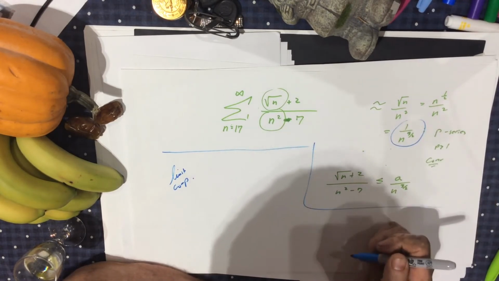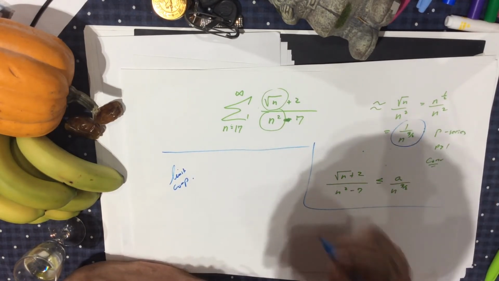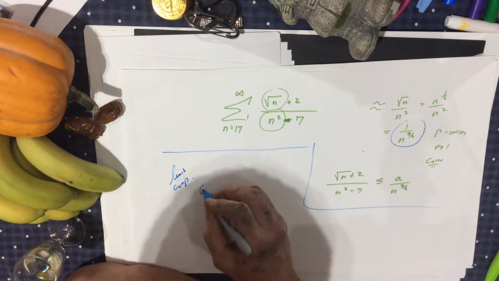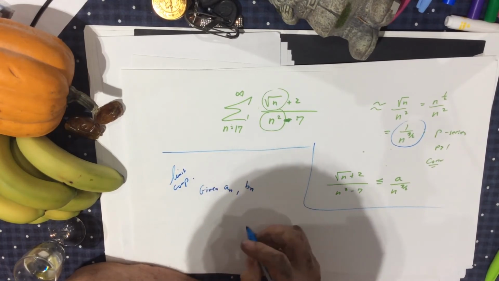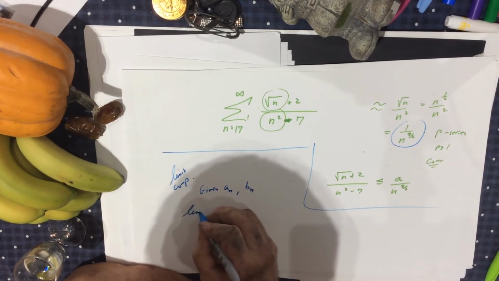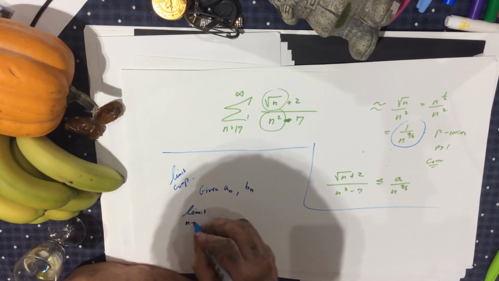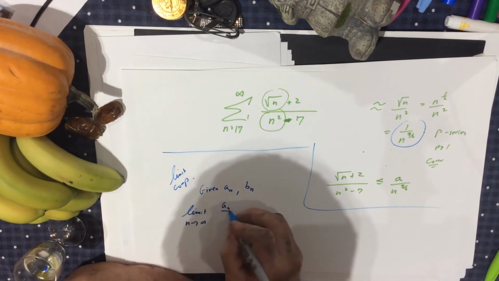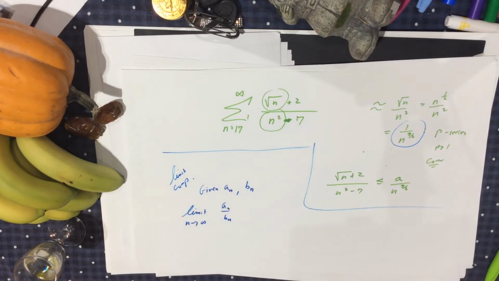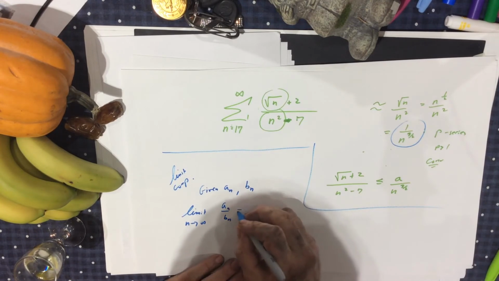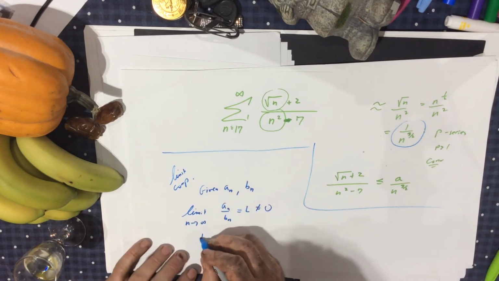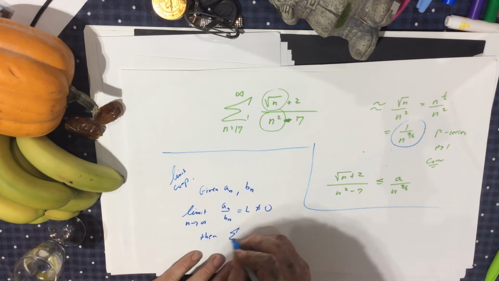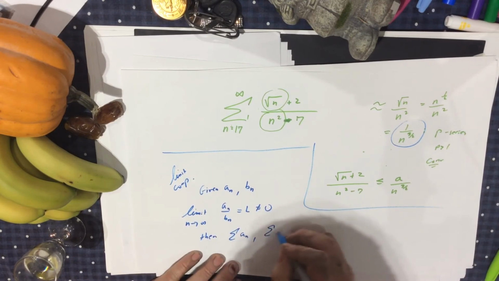The limit comparison test says, given a_n and given b_n, you can calculate the limit as n goes to infinity of a_n over b_n. And most importantly, if this limit isn't 0, then the sum of a_n and the sum of b_n